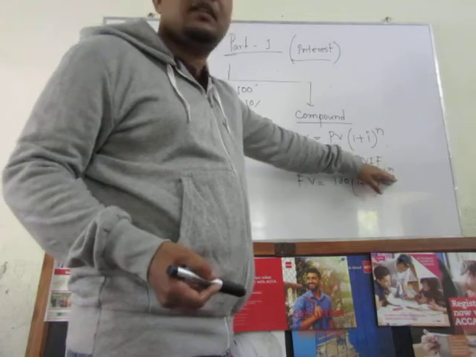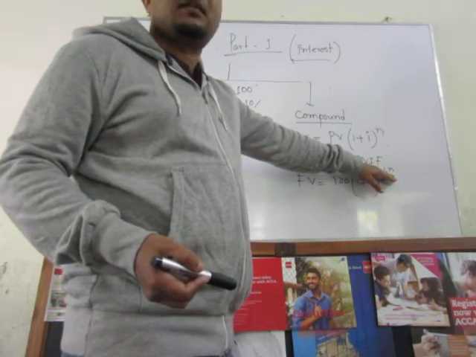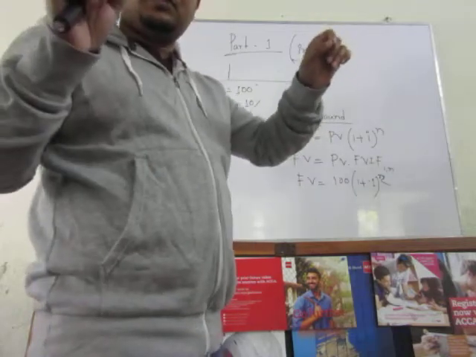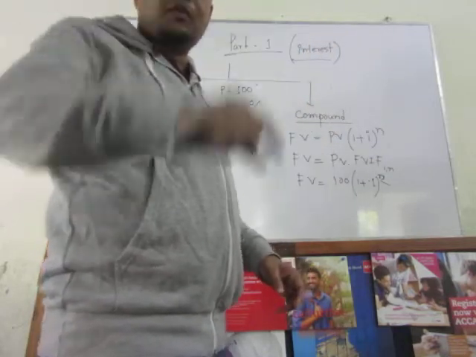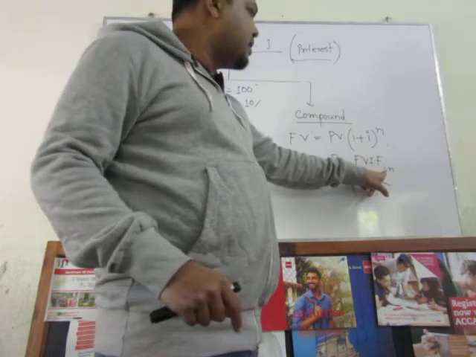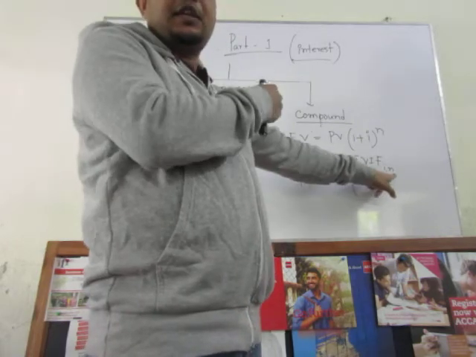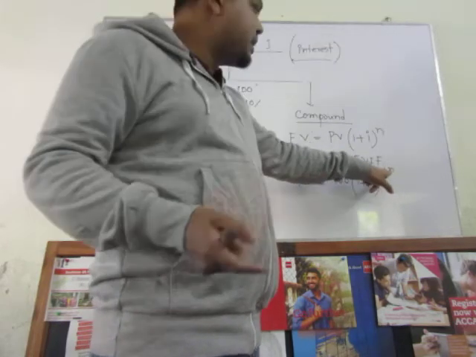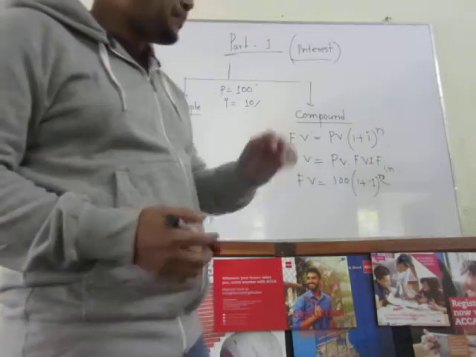I means interest rate, N means number of years. আমরা টেবিলটাই দেখব, টেবিলটাই ইন্টারেস্ট রেট দেয়া আছে আর নাম্বার অফ ইয়ার দেয়া আছে। So I here is 10%, N is 2 years. এই জন্য এটা একটা সিম্বল ইউজ করলাম, বুঝছেন?